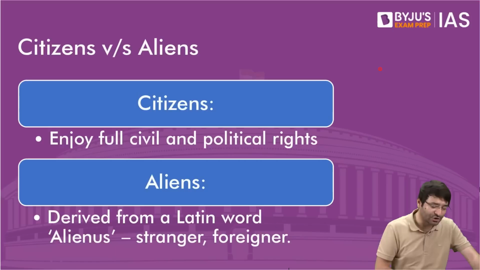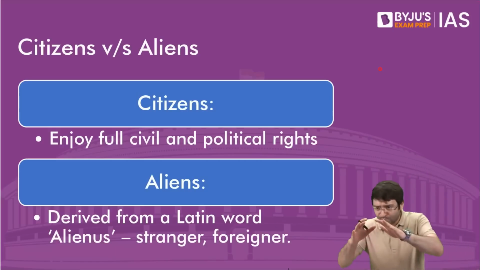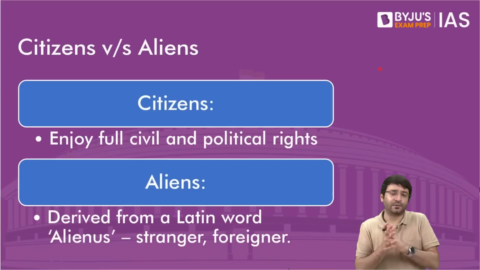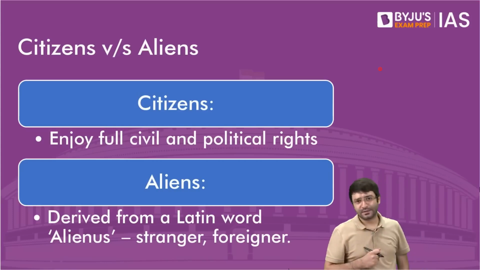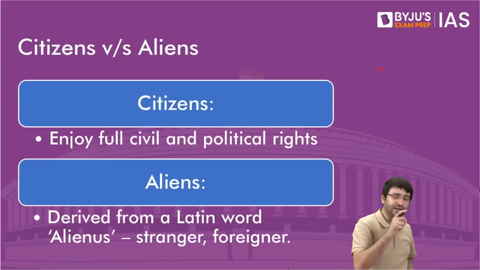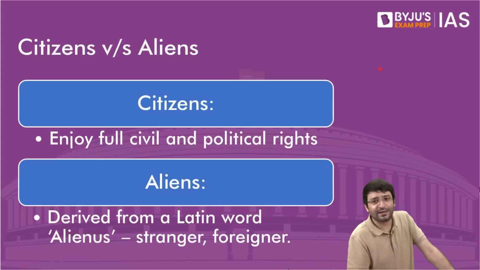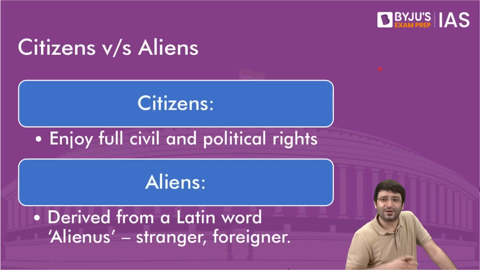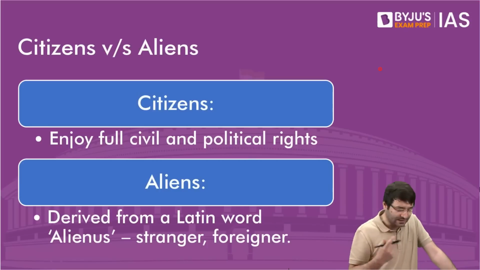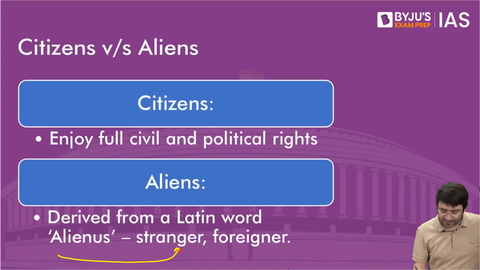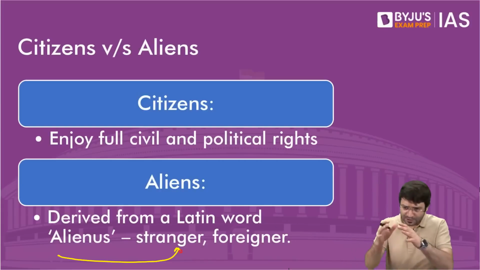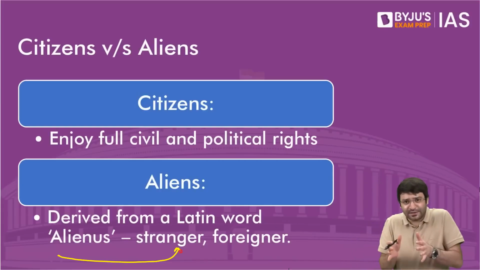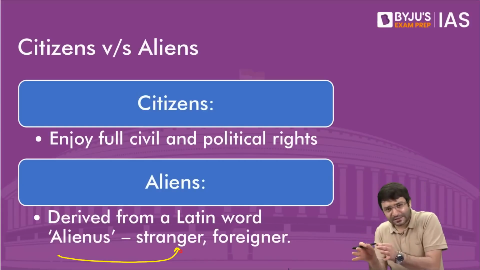But what is citizenship? All those people who you see right now in India, we can divide them into two broad groups. Either you are citizens or you are aliens. It's not an alien like Jadoo, Hrithik Roshan's, what's that movie? It's not that alien. Alien is basically a Latin word which basically means stranger or a foreigner. So all the people who are residing within the territory of India, some of them are citizens, some of them